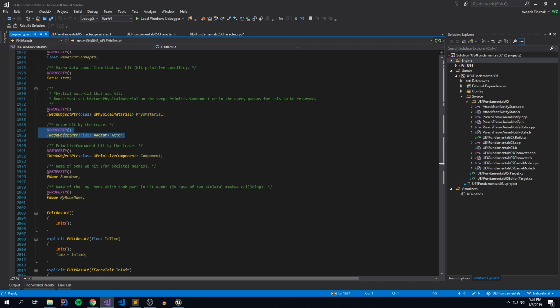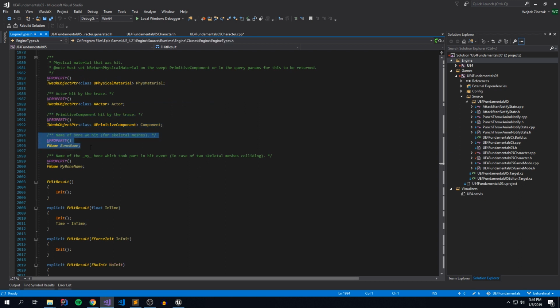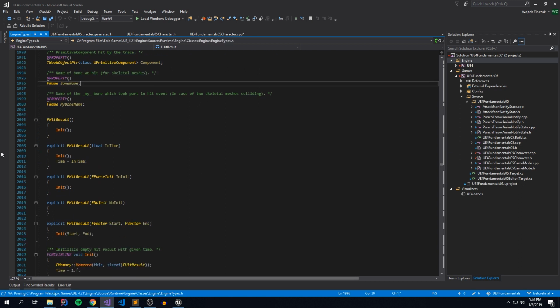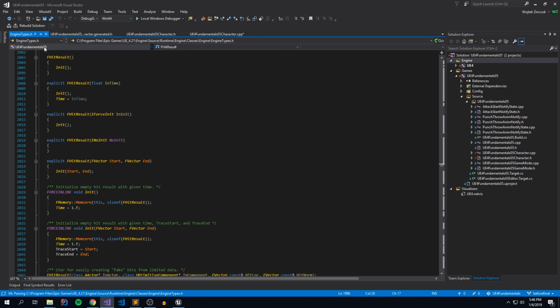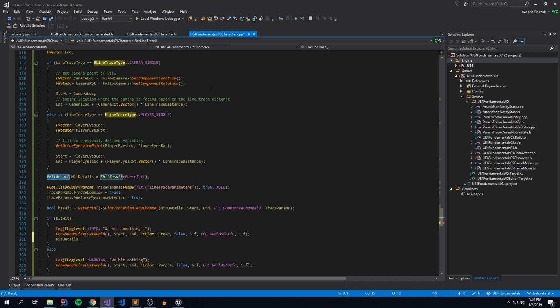hey, who did we hit? Which component on that thing did we hit? Was there a bone name? Or was there a bone involved in that hit? All kinds of interesting stuff. So we won't get into all these details. We'll be exploring them as we go along with our tutorials. But at a minimum, let's figure out who we hit, where we hit them, and perhaps do something with those